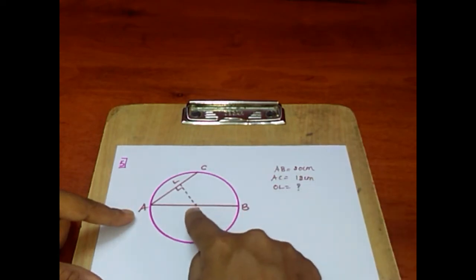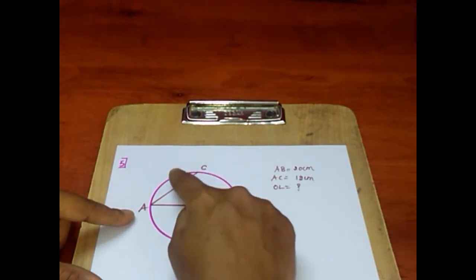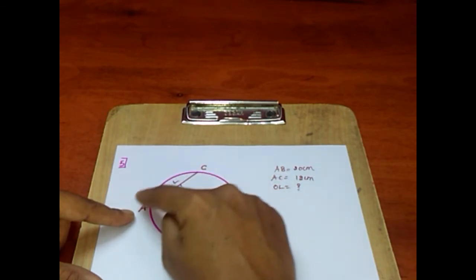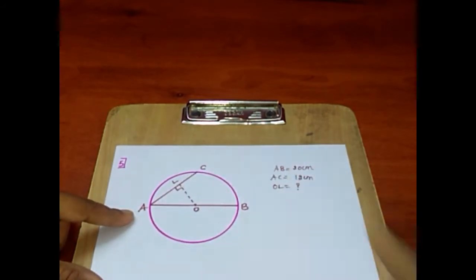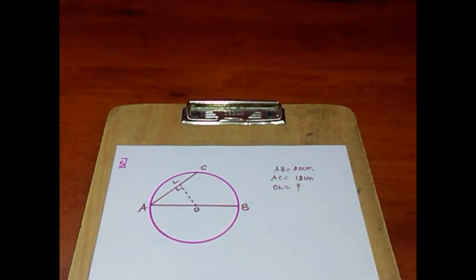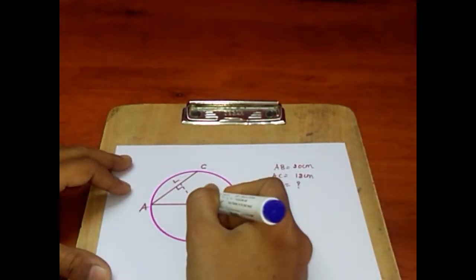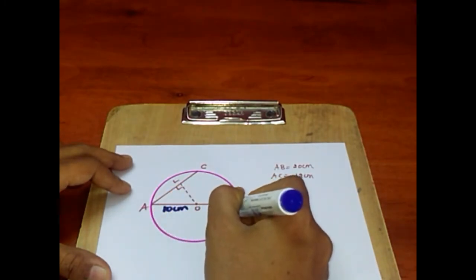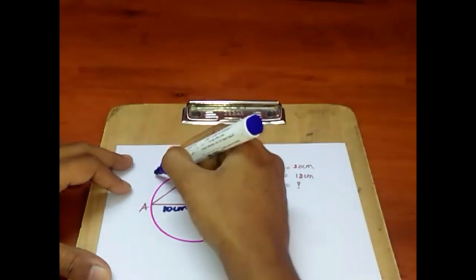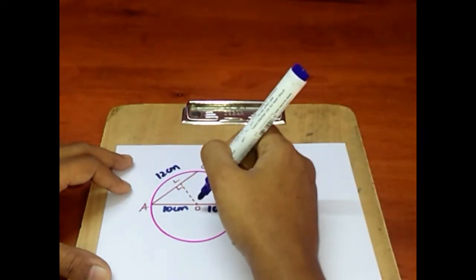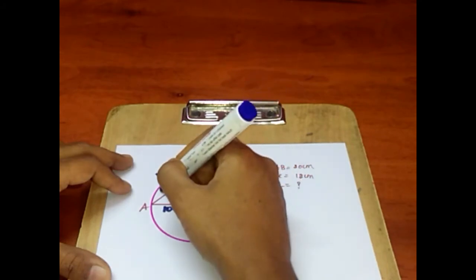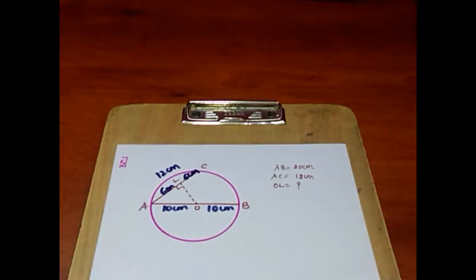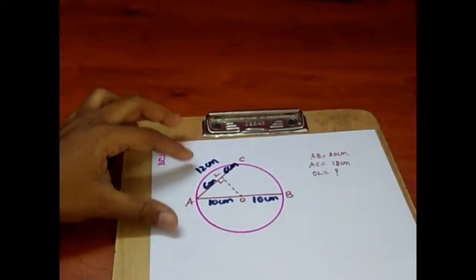So, we know that the perpendicular line drawn from center to the chord bisects the chord. So, hence draw OL perpendicular to AC. Once OL is drawn perpendicular to AC, as AB is a diameter, OA, OB are the radius, measure of radius will be equal to 10 centimeter. And the measure of AC is given as 12 centimeter, and when the perpendicular line is drawn from the center, it bisects the chord, hence the measure of AL and LC will be equal to 6 centimeter. So let us write the same, children.